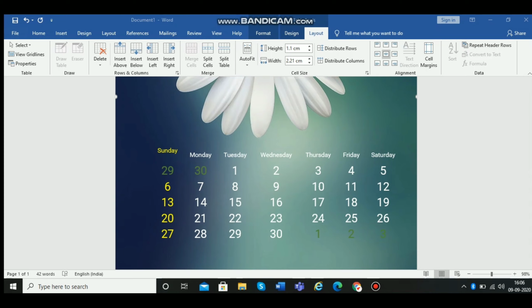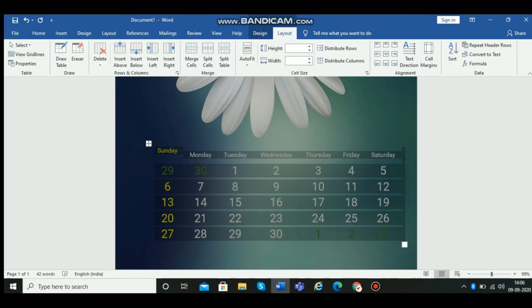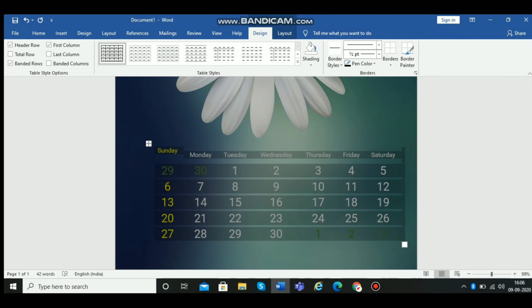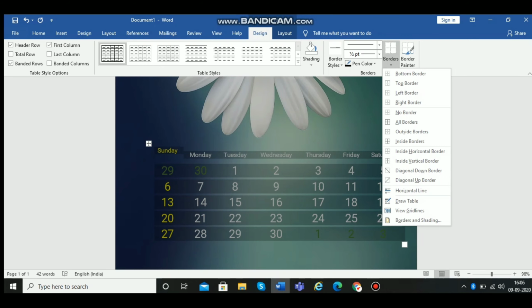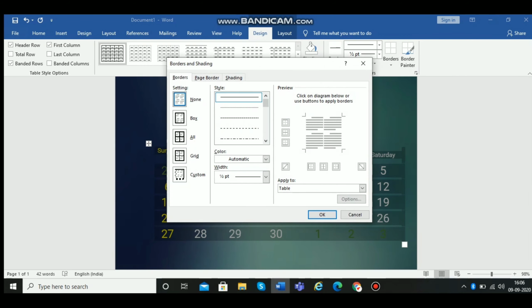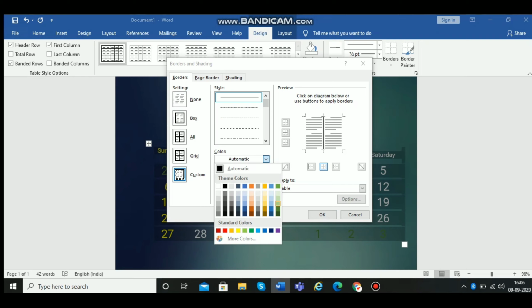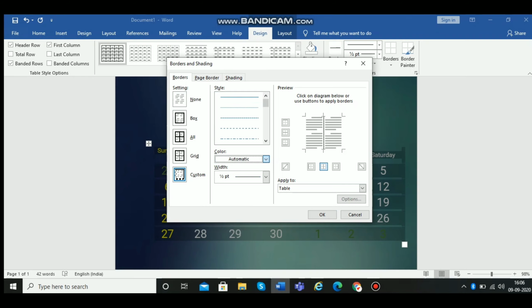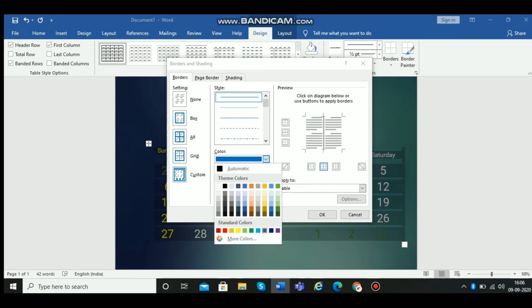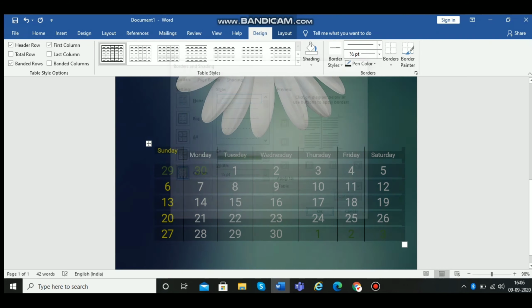So for that what we'll do is that we'll select all of it again and then we'll have to go to design and then border and shading and click over here in between of the 4 boxes kind of thing, and then give it a color which I would suggest you would be like any color you can choose, but probably you can choose any dark color, like I'll take that dark green color.